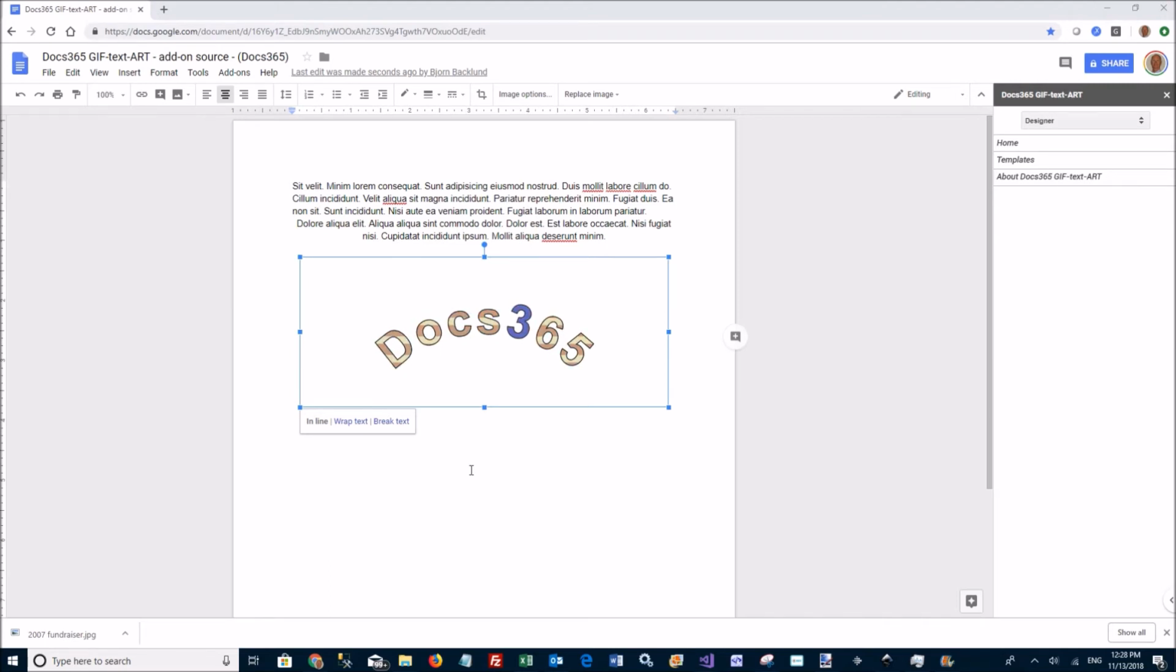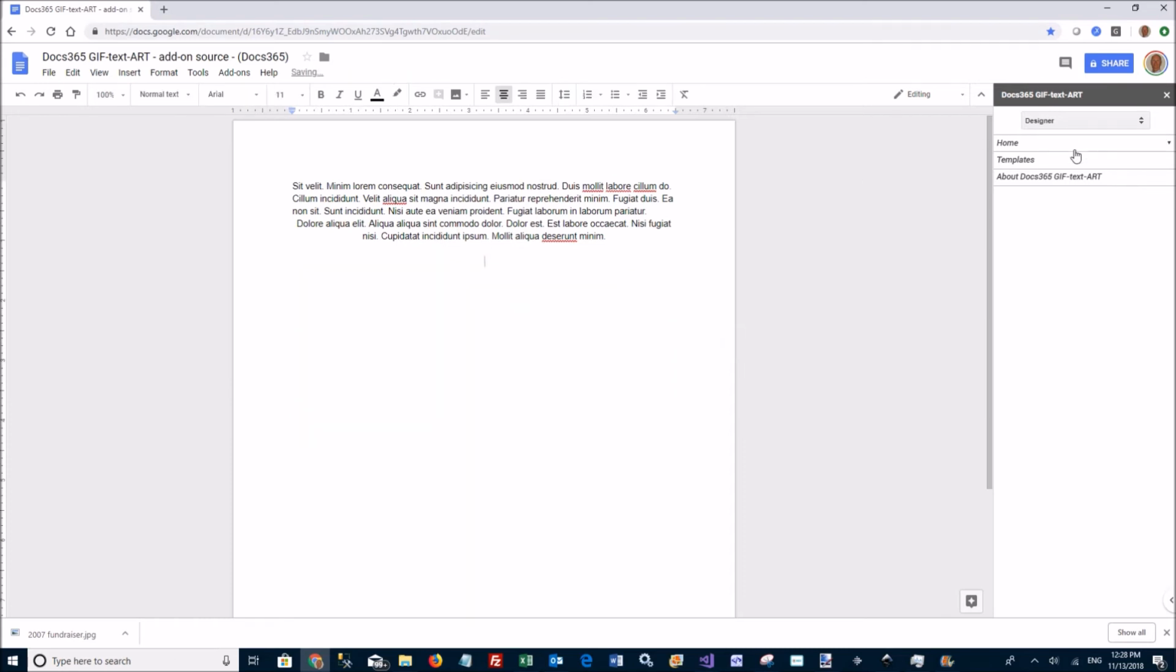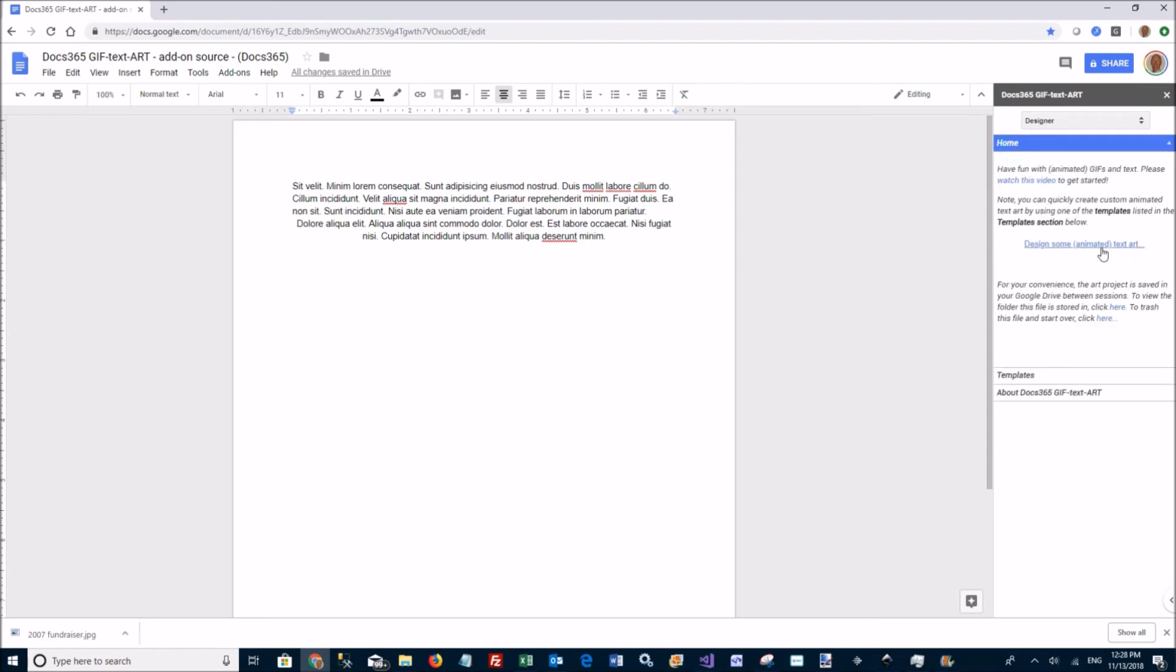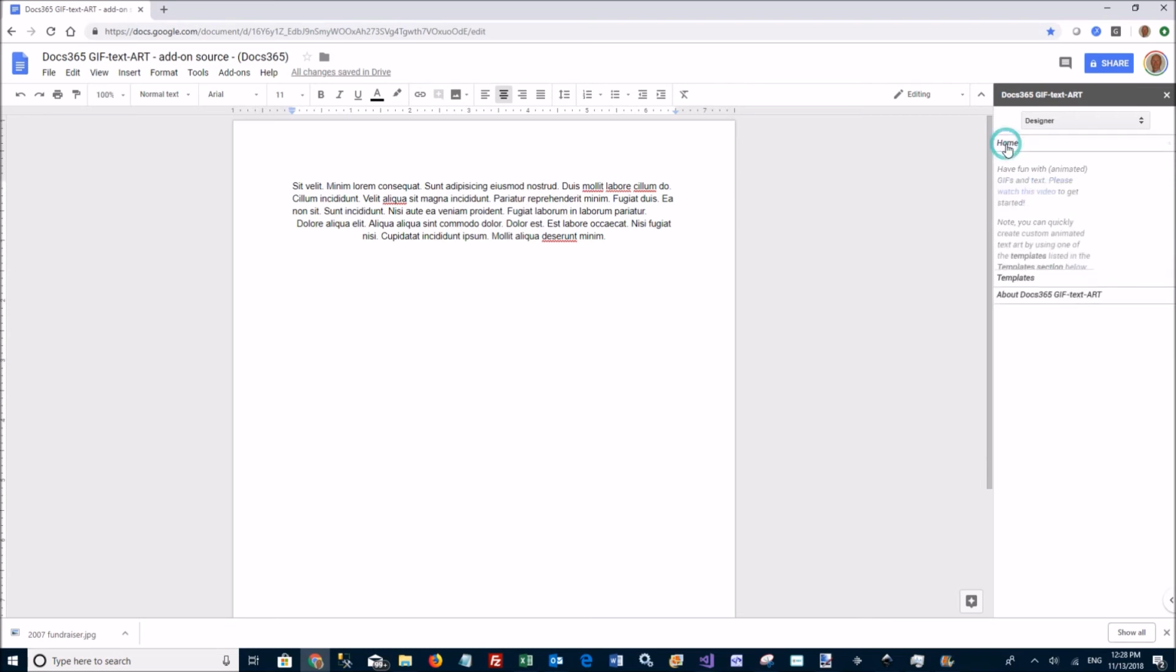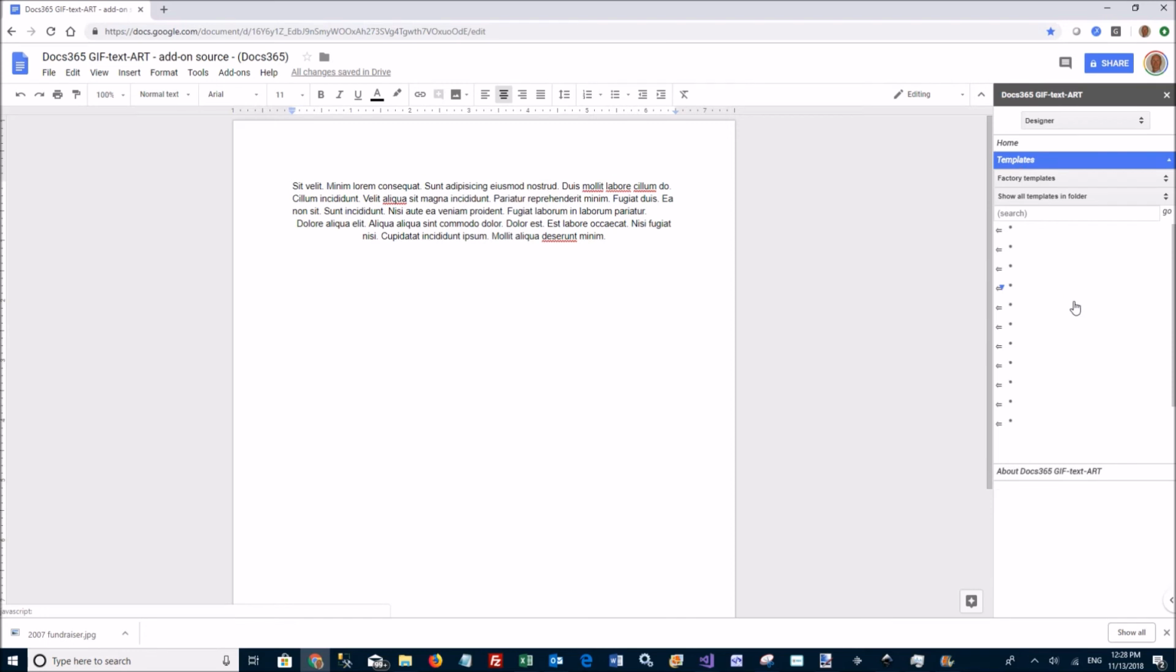Now over to the sidebar. We can delete this one for now. Go to the sidebar, which has different sub-panes. Home is where you can actually just launch the dialog that we have just used. You can go to templates, and from here you can quickly take one of the templates, like let's say I want to have